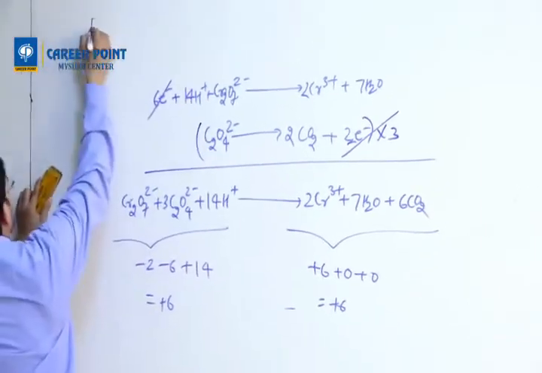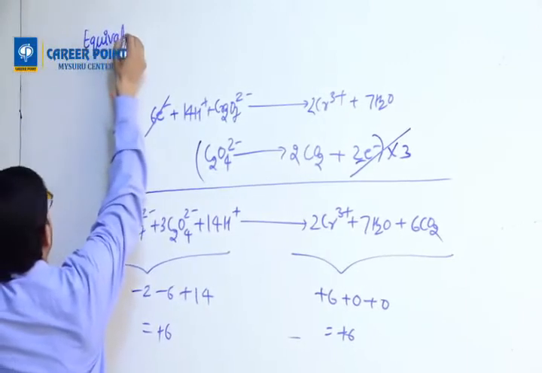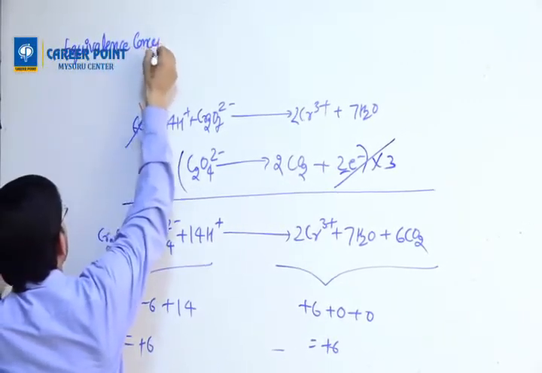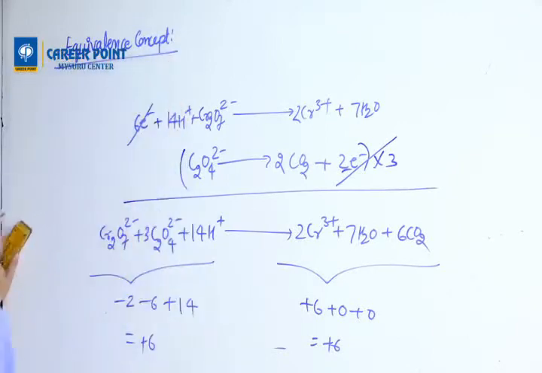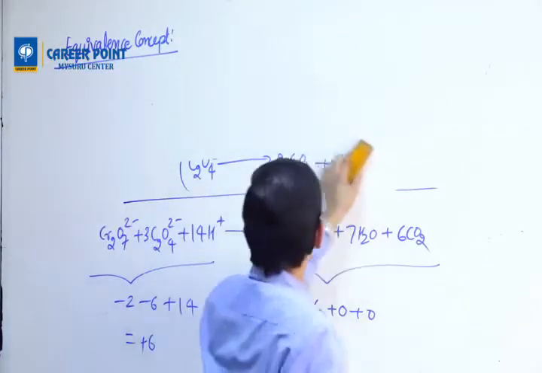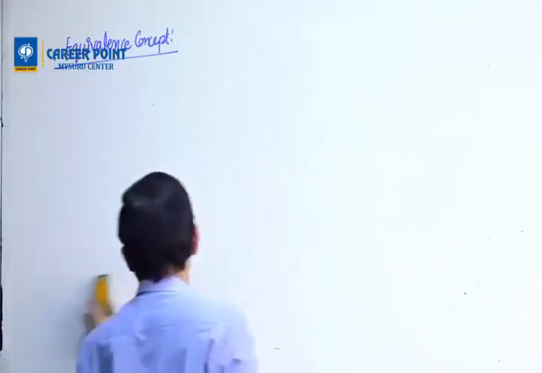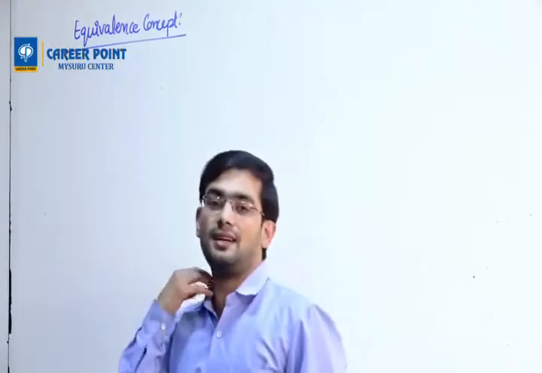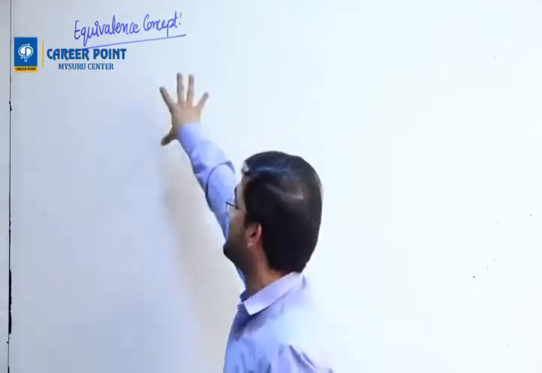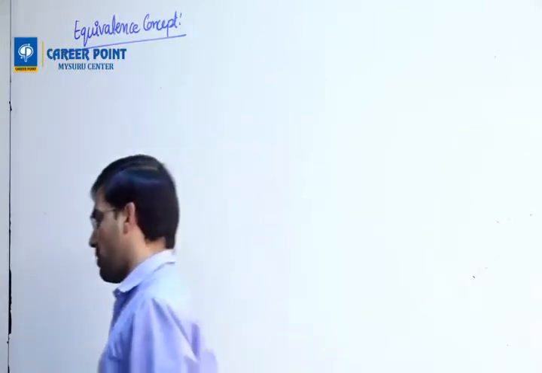The next heading is known as equivalence concept. Now you remember somewhere we did mole concept, some basic concepts of chemistry. That time I told you that we'll solve some questions in redox reaction. Remember that point? Some question number 9 or 13, we wrote that we'll solve this question in the chapter redox reactions. So this is the concept where we have to do that process.